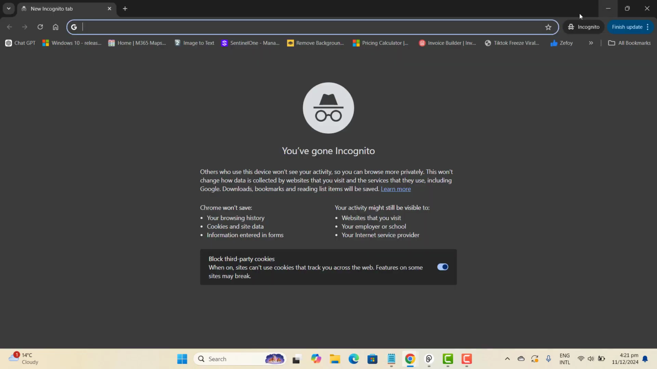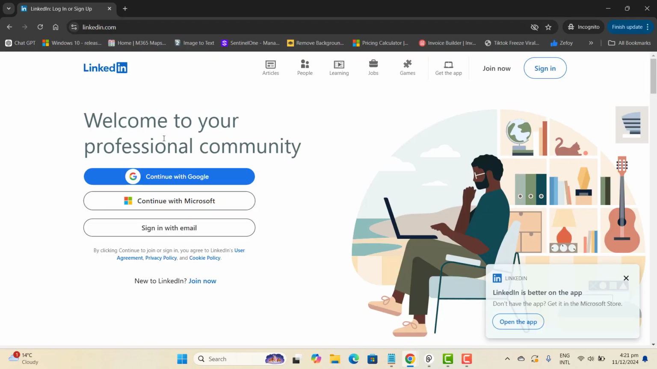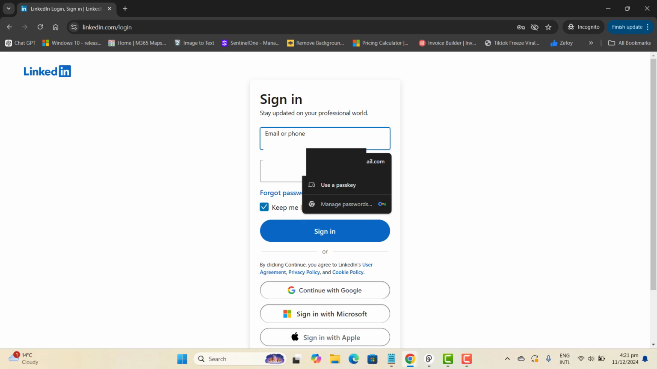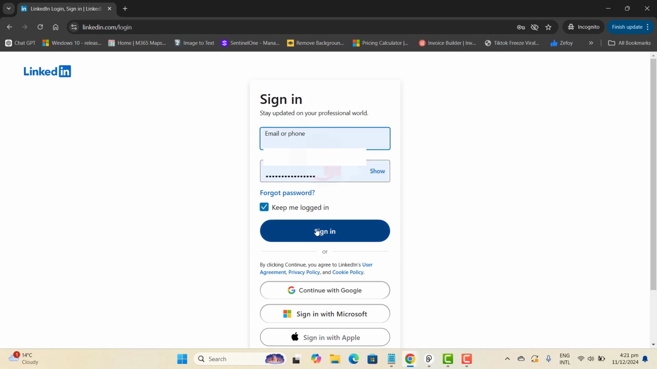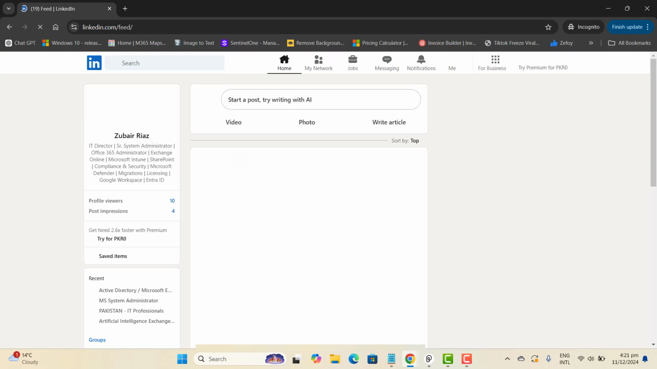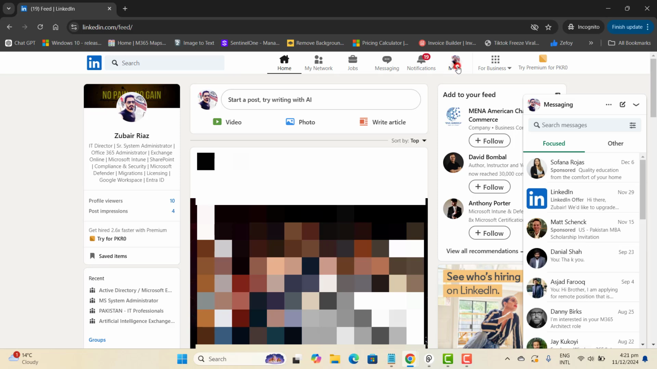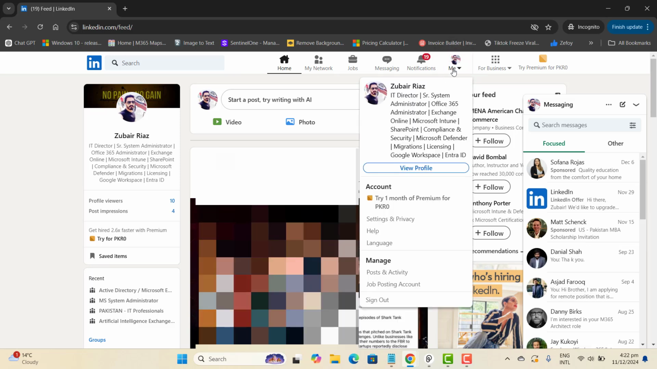So now I want to start from the beginning. I want to log into LinkedIn. Okay, here let's click on sign in. I will sign in with my email account that is saved already in the browser and it's getting me logged in. Once you are logged in into your LinkedIn, go to the Me button that has your profile photo and